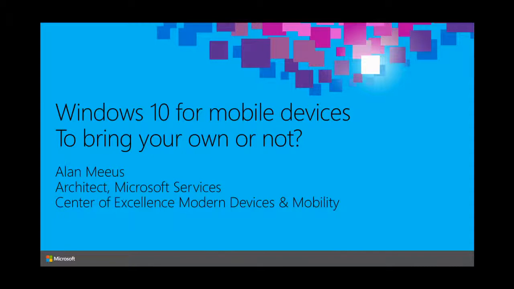I'm going to talk about Windows 10 for mobile devices. When we put up these titles, we decided to go for Windows 10 for mobile devices because we hadn't officially announced Windows Mobile as the name of the product. It's Windows 10 Mobile. And Windows 10 Mobile is for phones and for small tablets, like these 6, 7, 8-inch type of tablets. Windows 10 Mobile will be available for ARM as well as for Intel processors.